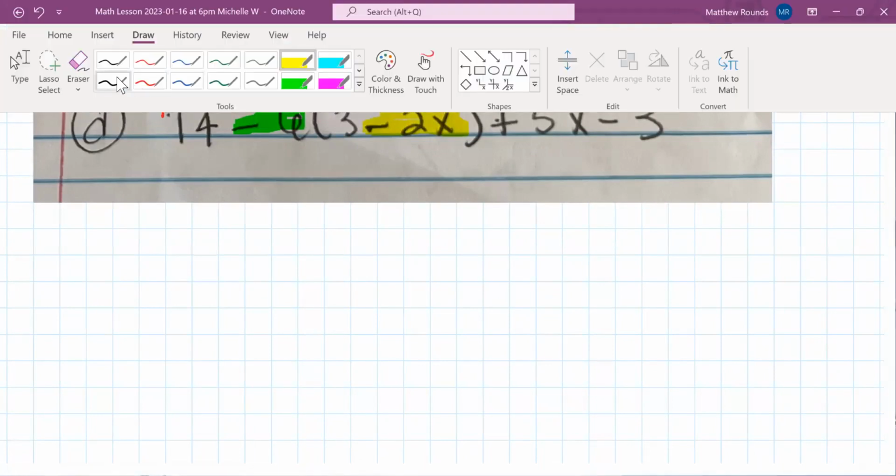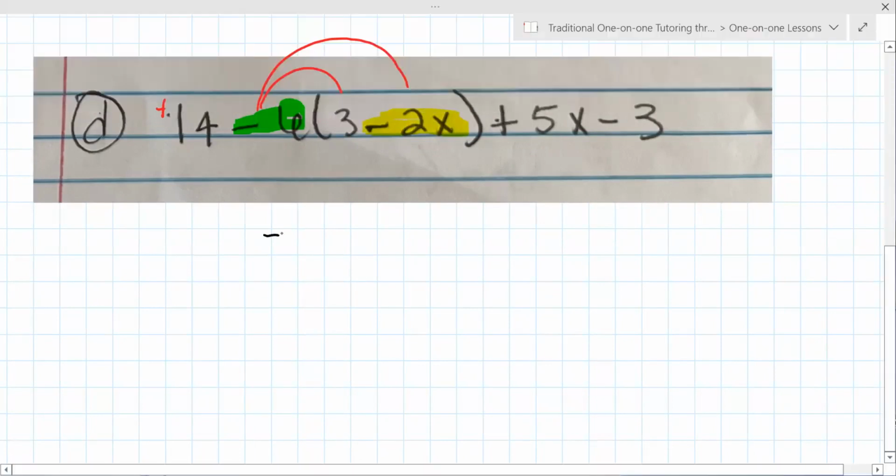Okay, so in terms of what it looks like, it's minus 6 times 3 minus 6 times minus 2x. And when you're simplifying something that's this complex, sometimes you just deal with the stuff that you're working on. You don't need to bring everything down yet. You can, but maybe there's so much going on you don't want to do that. It's kind of up to you. When you do it the way I just presented, you always put a plus in between the